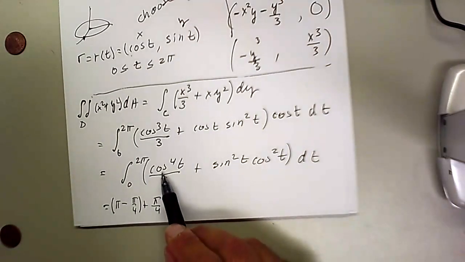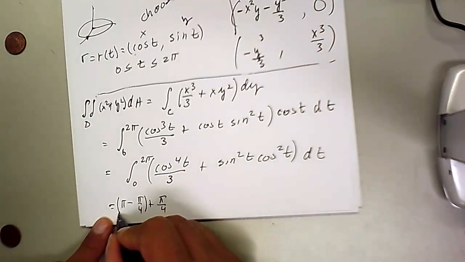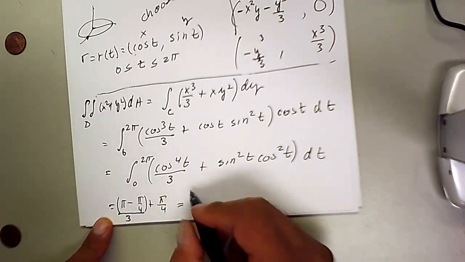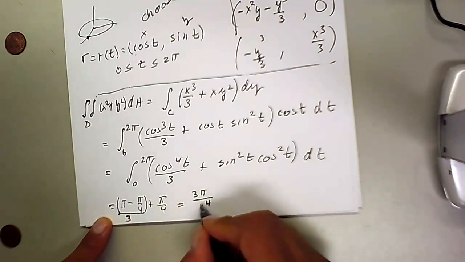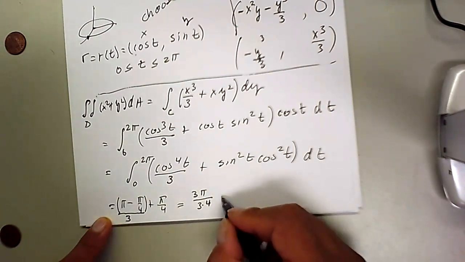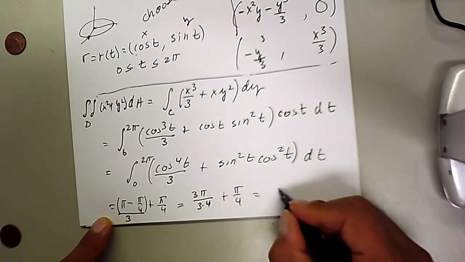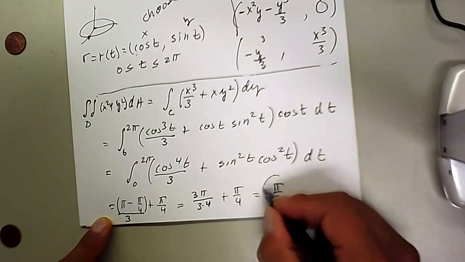When we did the computation for that, I forgot to divide by 3. So here we need to divide this by 3. Okay, so pi minus pi over 4 is 3 pi over 4. But then we need to keep the 3 also there. So that simplifies, plus pi over 4. And that gives us pi over 4 plus pi over 4, which is pi over 2, which is exactly the